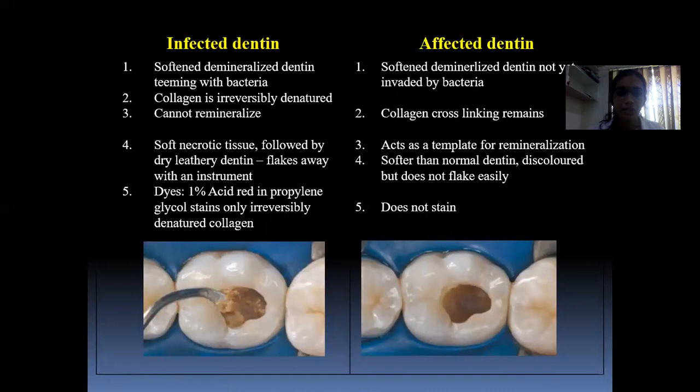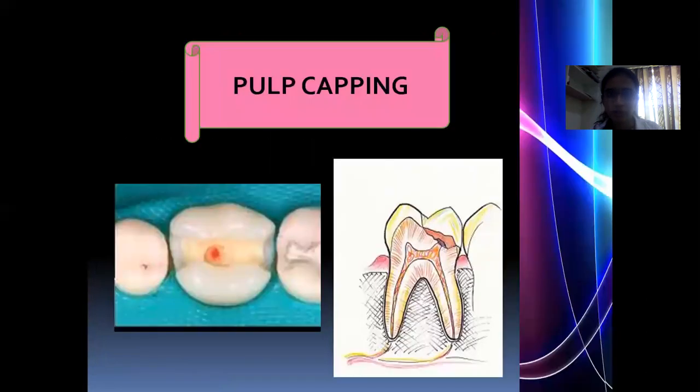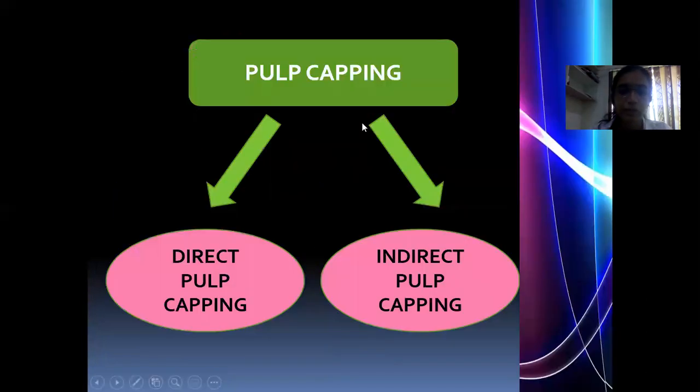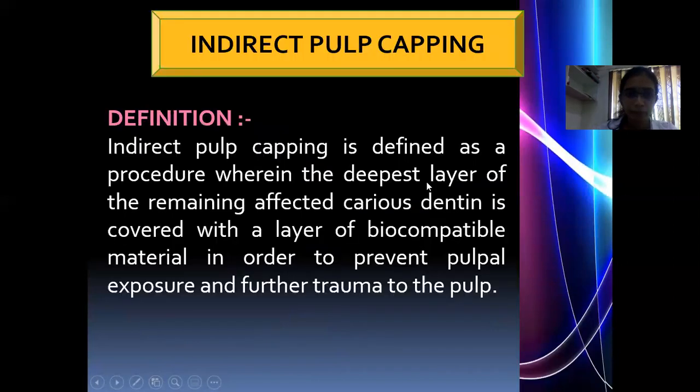So in pulp capping, we generally remove the infected dentin, and we preserve the affected dentin in the floor of the cavity. So coming to pulp capping, there are two types of pulp capping: direct pulp capping and indirect pulp capping. So indirect pulp capping is defined as a procedure wherein the deepest layer of the remaining affected carious dentin